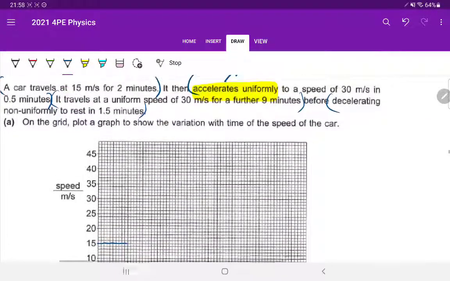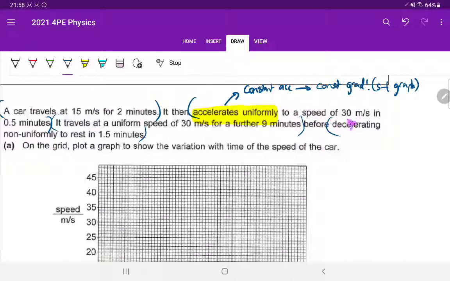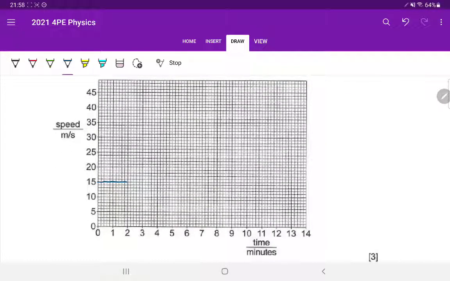So you have a constant steepness to a speed of 30 meters per second in 0.5 minutes. So it's going to go up in a straight line to 30 meters per second in 0.5 minutes. So 0.5 minutes is here, you're looking at reaching here in a straight line. I'm not going to be able to do that very well, but